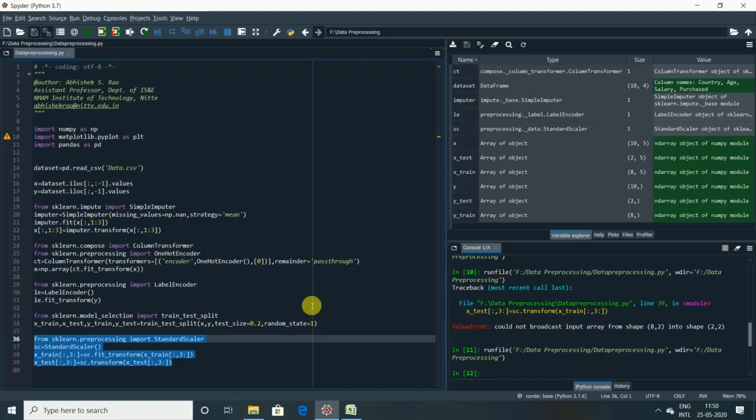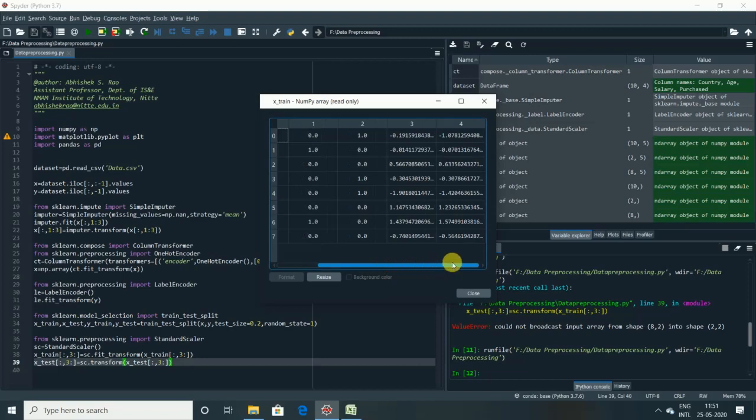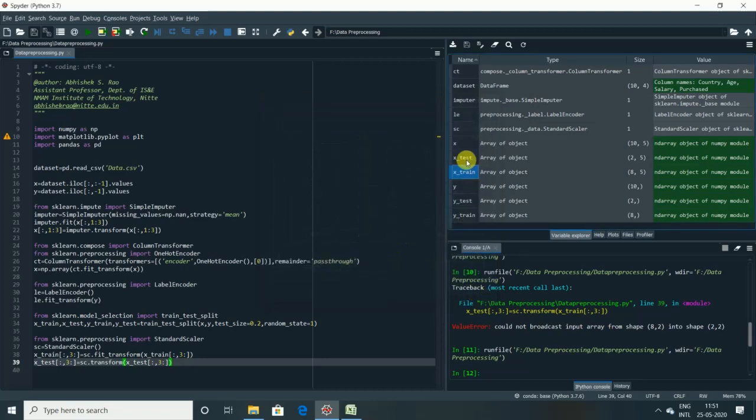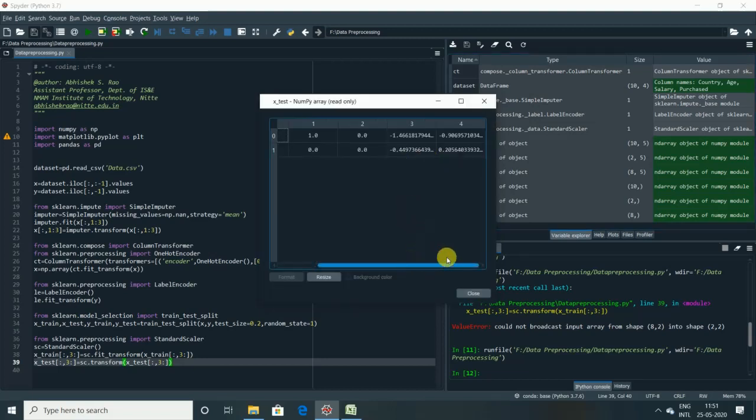Now let's see the output. For the X_train and the X_test, we're able to apply the standard scaler method. Feature scaling has been done. We'll see the output here in the X_train. Yes, guys, it has been successfully updated. We are able to get values roughly in the range of -3 to +3 for the training set. You can see the values are between -1 and 1, all within the range. This will definitely help a machine learning model to predict the future. And similarly for the testing, it has also worked successfully. You can see it here.